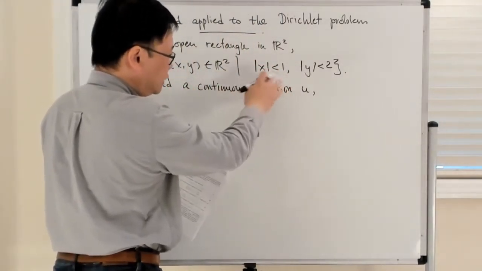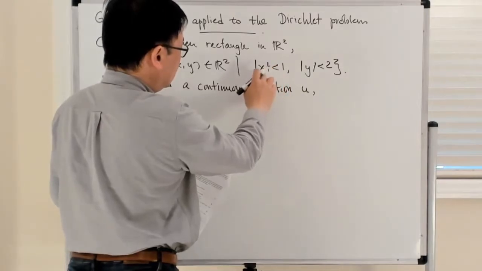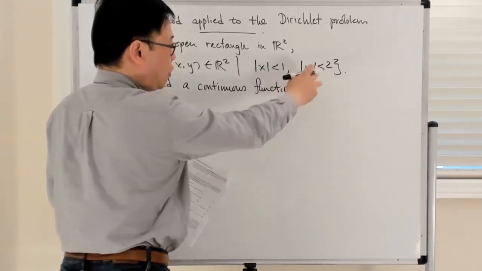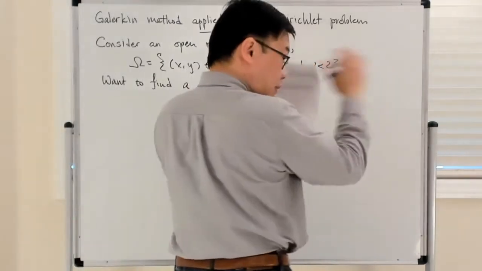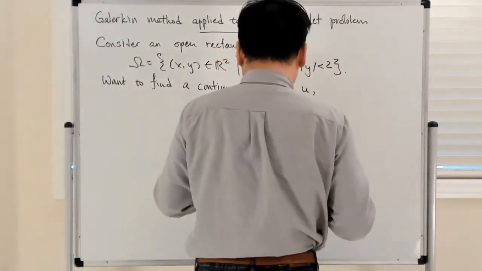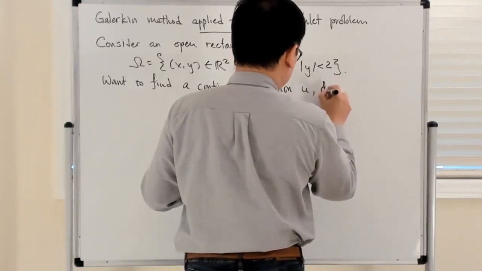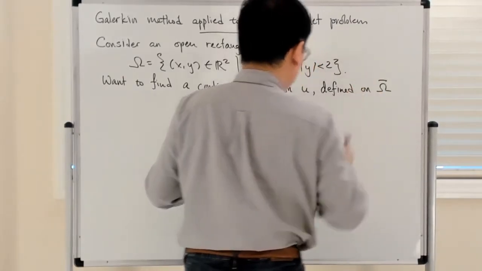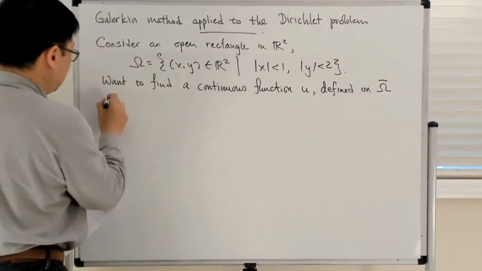That basically means that in addition to the absolute value of x being less than 1, you actually want the equality as well, right? So it includes the boundary of this rectangle. So this is defined on the closure, omega bar, such that